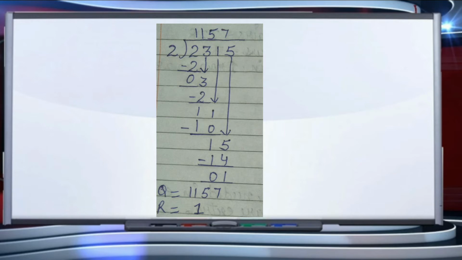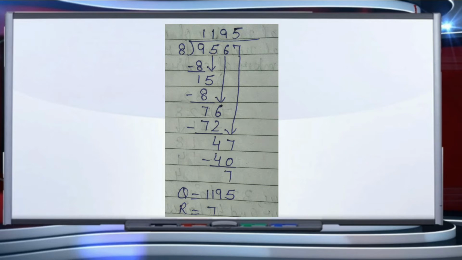In this case we are remaining with the number 1. Division here is not possible because this 1 is less than 2, and there are no more numbers in the dividend to take down. So we will stop the division here only. We are left with remainder 1, and the quotient is 1157. So we will proceed to question number 2, that is